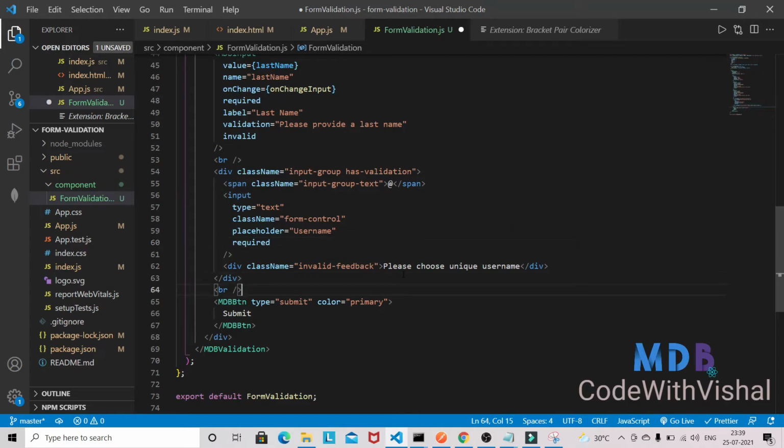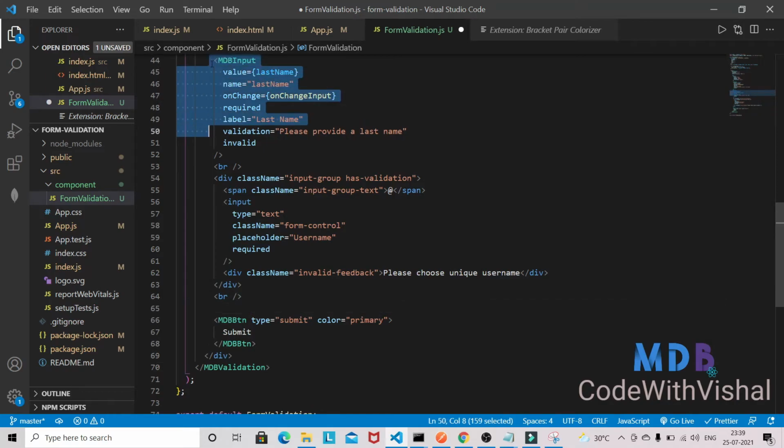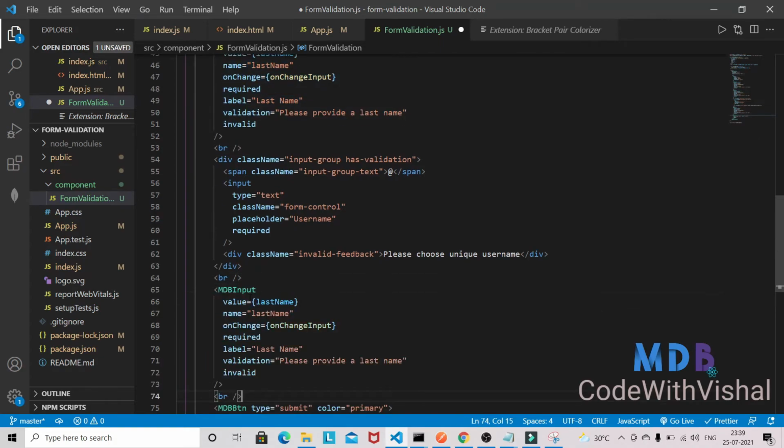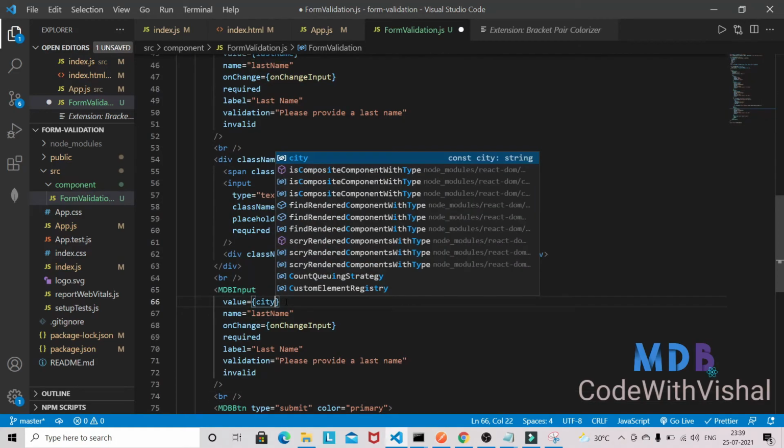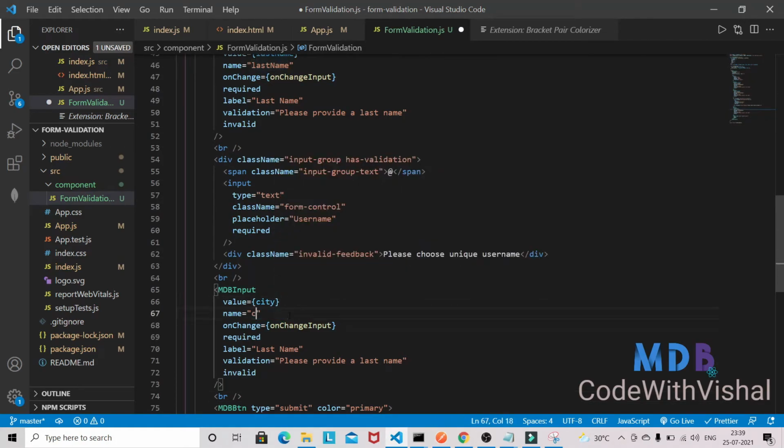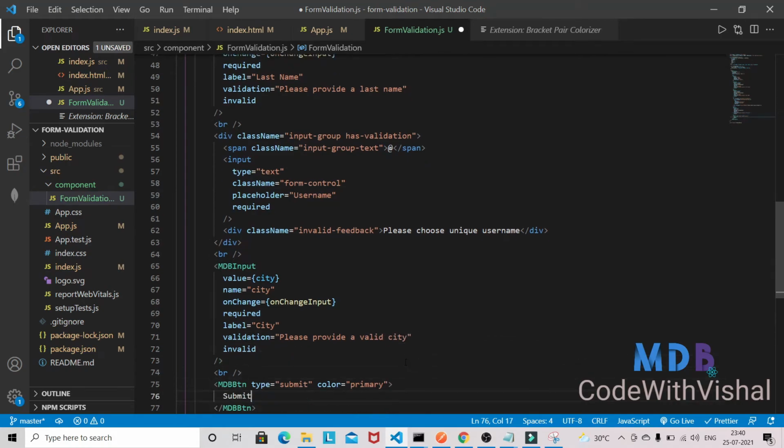and after that, this one we need to copy again and just paste it here, and this will be the city, and the name will be the city. On change, let it be city. Label will be the city. Please provide a city name. Please provide a valid city, and this one will also be invalid,